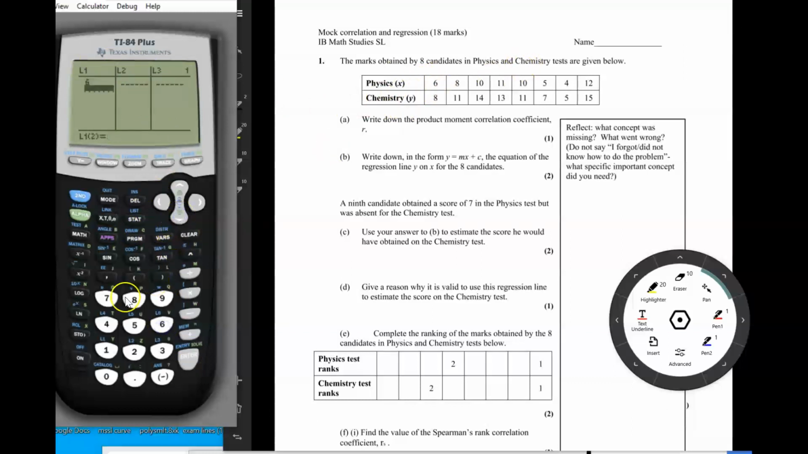So we have 6, 8, 10, 11, 10, 5, 4, 10, 5, 4,